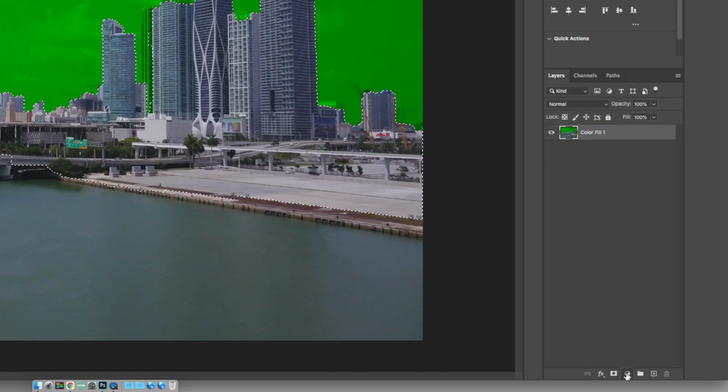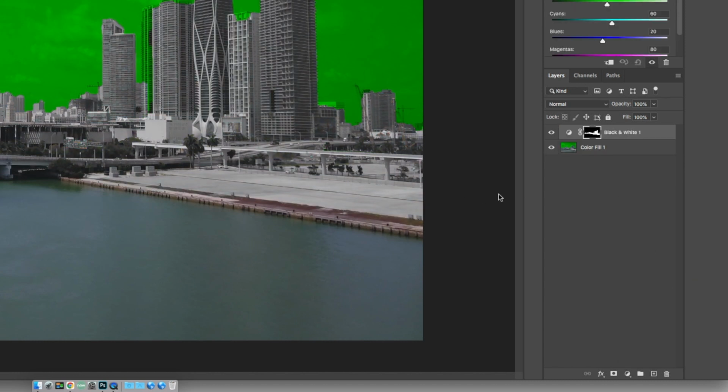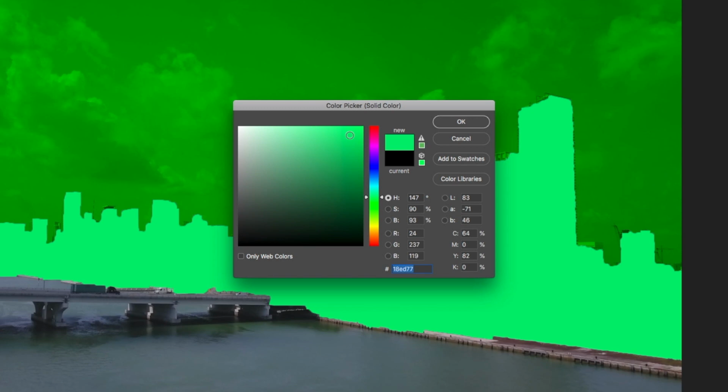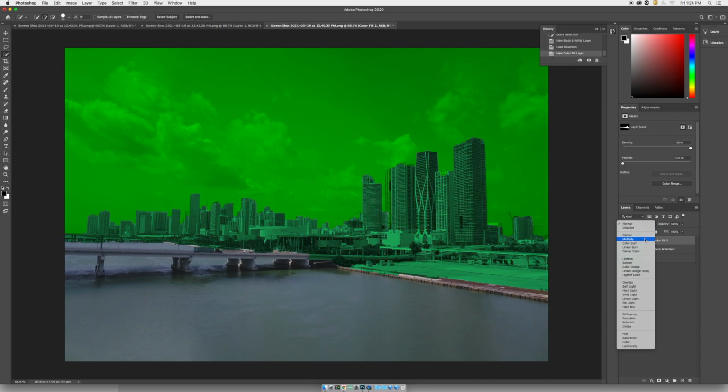I'm going to go back and make it black and white one more time. Then I will go ahead and hold down Command, select that mask layer here again where the icon for the mask is, make an active selection again, and I will drop on that solid color overlay, and I'll do another shade of green. Say OK. Let me go ahead and hit multiply, and we're down to one more layer with our quick selection,